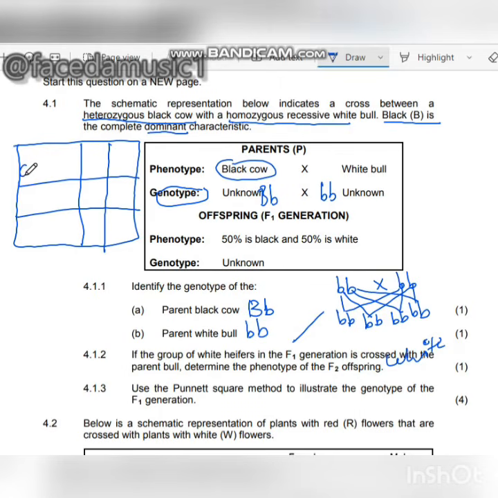Now we have the gametes. Now remember that the genotype of the cow was Bb, and that of the bull was small letter bb. Now, when we bring them together, we're going to have